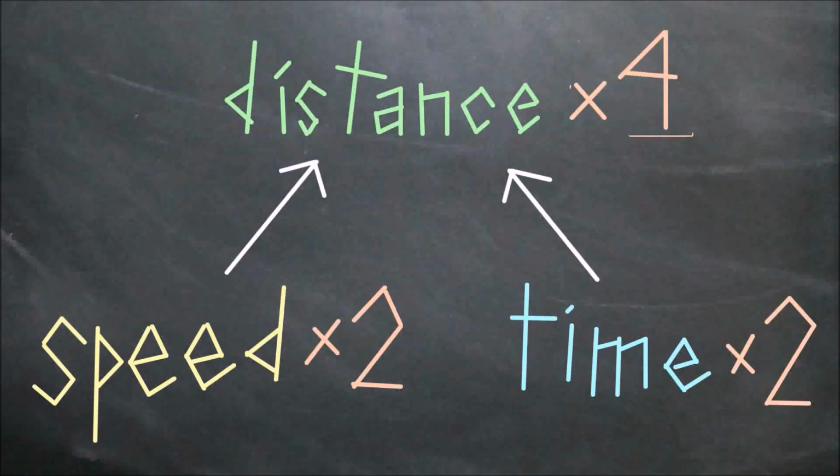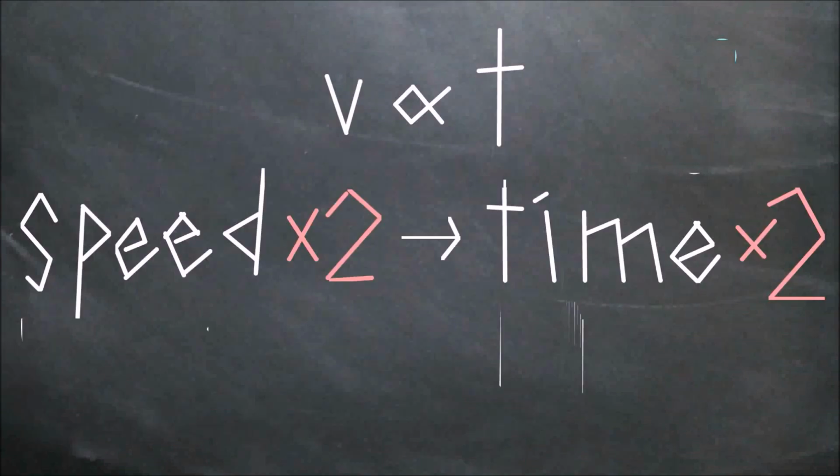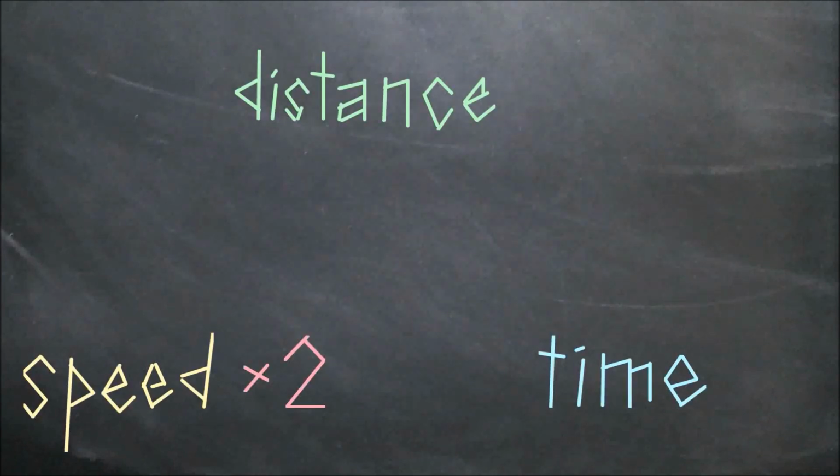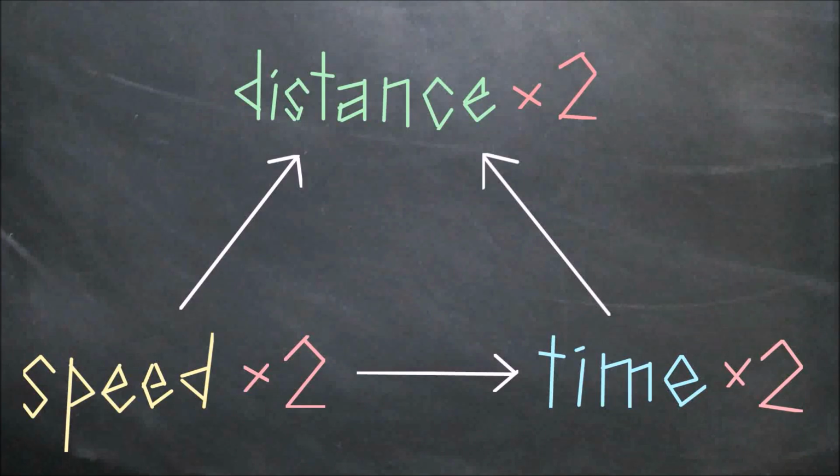A similar thing happens when you slam on the brakes. We found out that in your second encounter with a goose, you were going twice as fast, but that doubled speed also affected your stopping time, doubling it. The initial speed of your car doubled the distance directly, and doubled it again indirectly through doubling your stopping time. That is why your stopping distance is 4 times bigger, not 2.